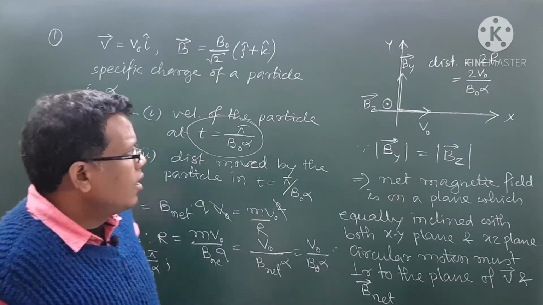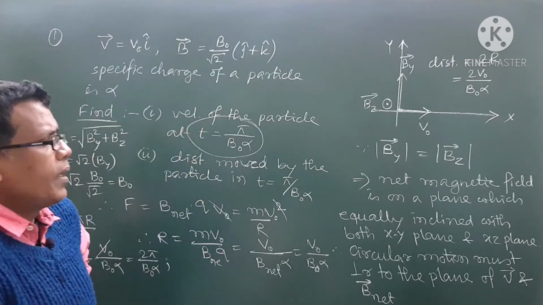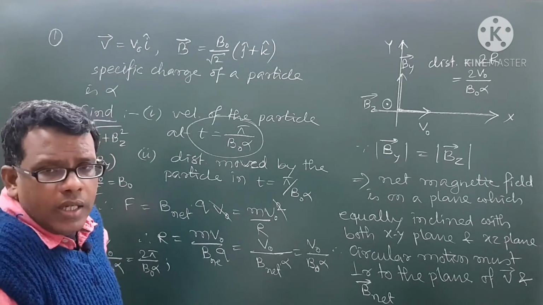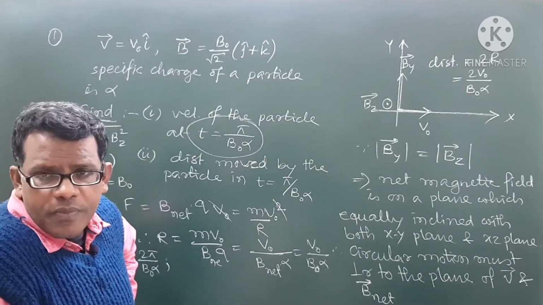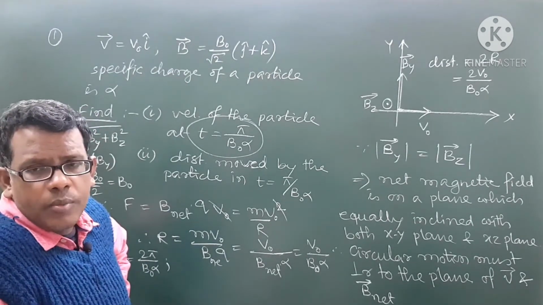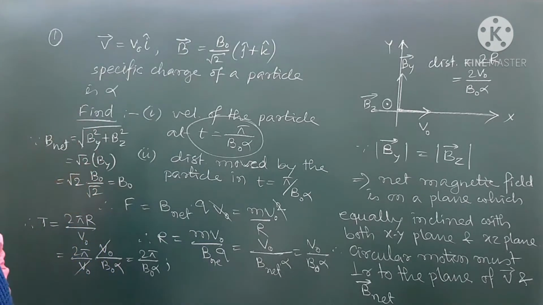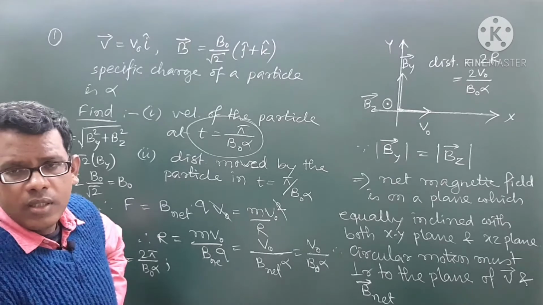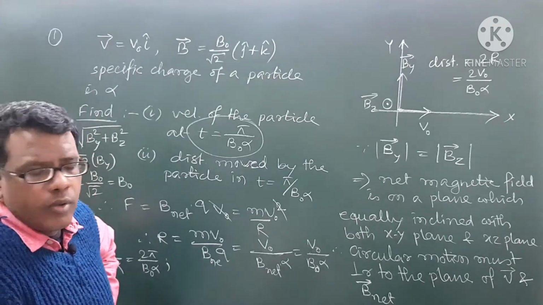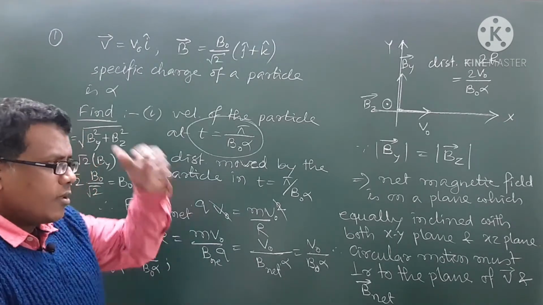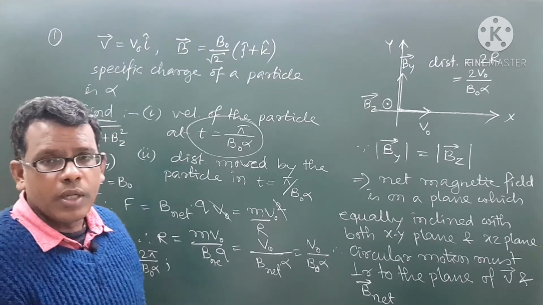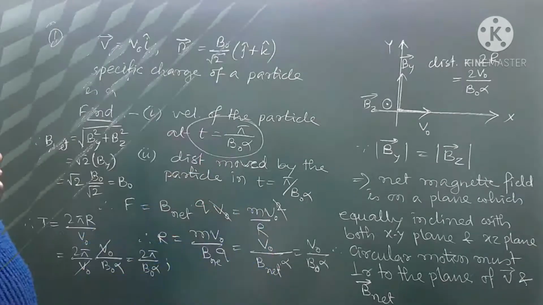And one thing, what will happen to the velocity value of the particle, as the particle will continue in a path of a circle? In circular motion we know that when the magnetic field and velocity vectors are perpendicular to each other, there will be no change in the magnitude of the velocity. So the particle will be able to continue the motion with the same velocity, that is v naught.